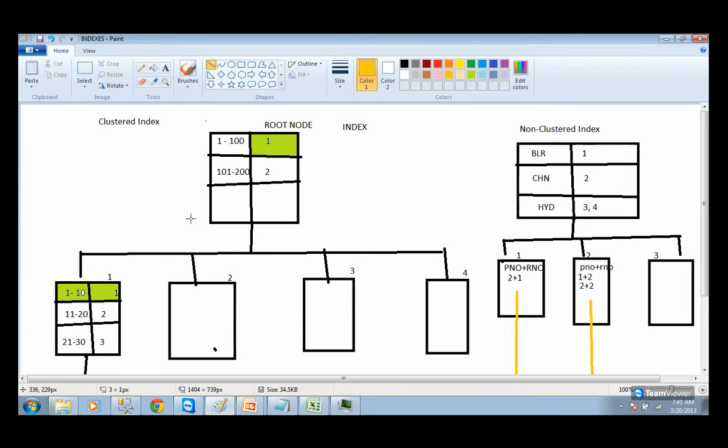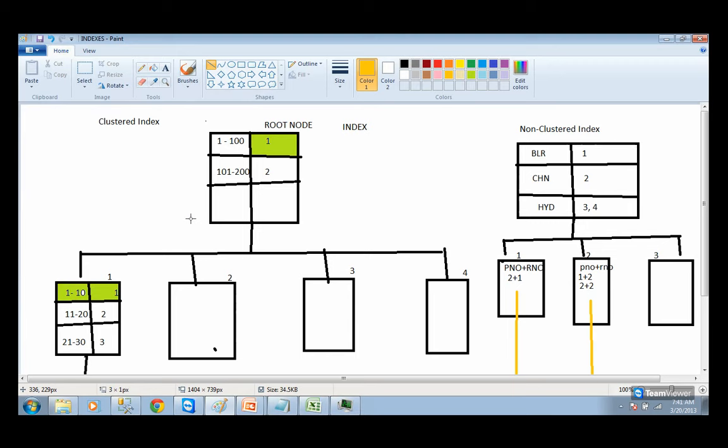So how many non-clustered indexes can you have per table? As of now, 999 plus one clustered index, so 1000 indexes per table nowadays. But in the previous versions, there was a restriction: you could have 255 non-clustered and one clustered. Now in SQL Server 2008 R2, you can have one clustered index per table and 999 non-clustered indexes per